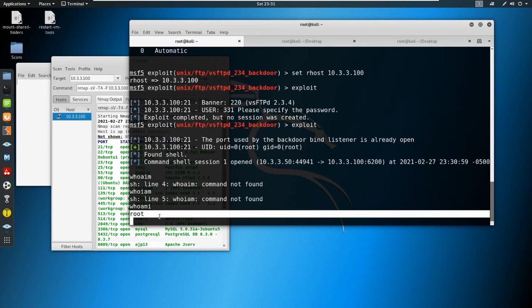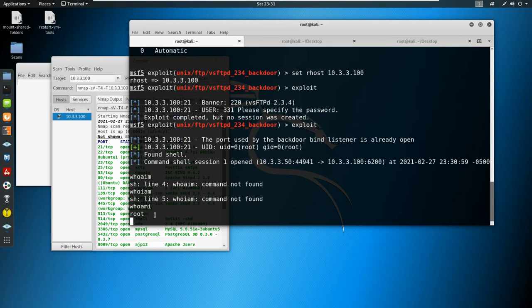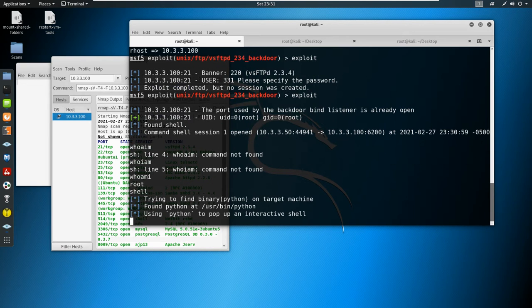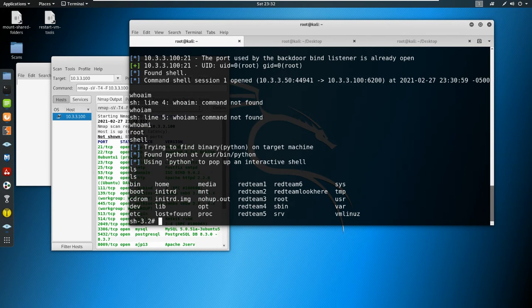So now that we're logged in as root, what I'm going to do next is I'm going to just quickly upgrade the shell that I'm connected to here. And this is just to gain a little bit more stable shell with some additional functionality. So we're just going to do this and upgrade to a Python shell. Now that we do this, let's just run a quick ls command, and we can see that we have access to the system. The next thing I'm going to do is grab the hash of the user that I'm going to be